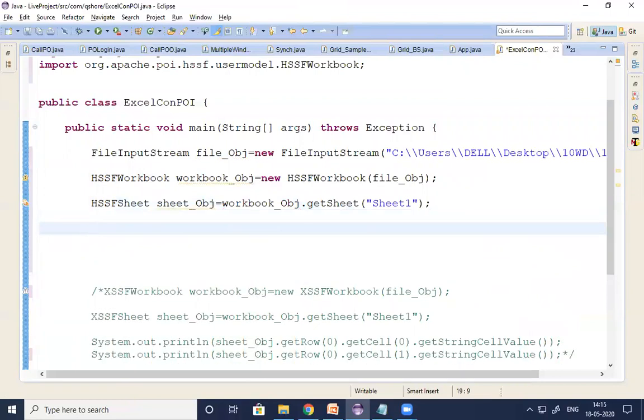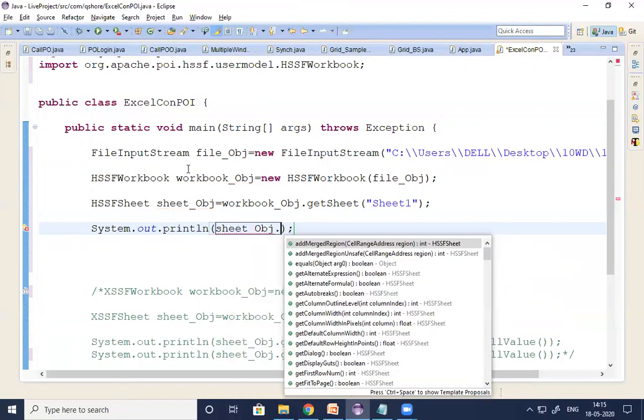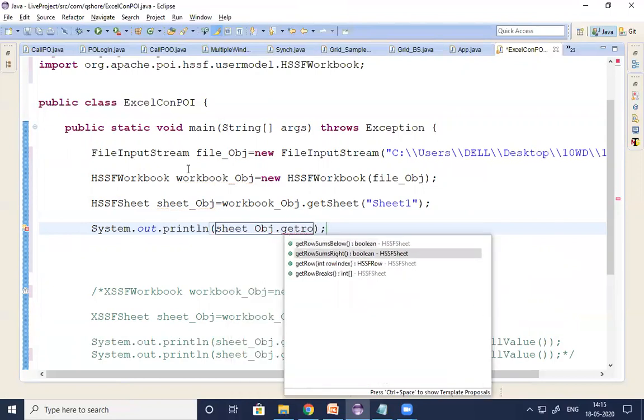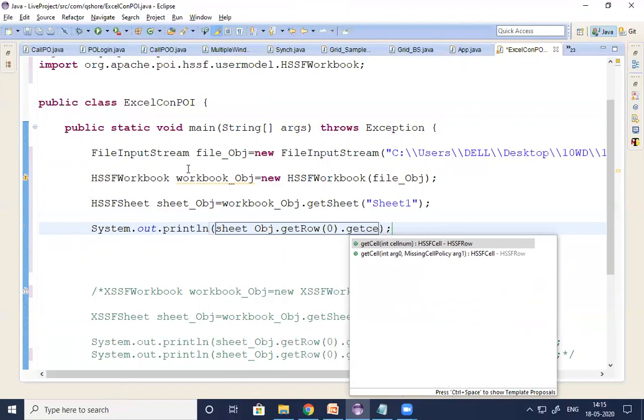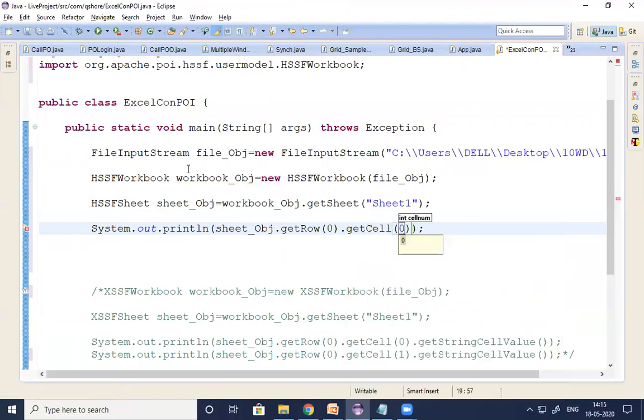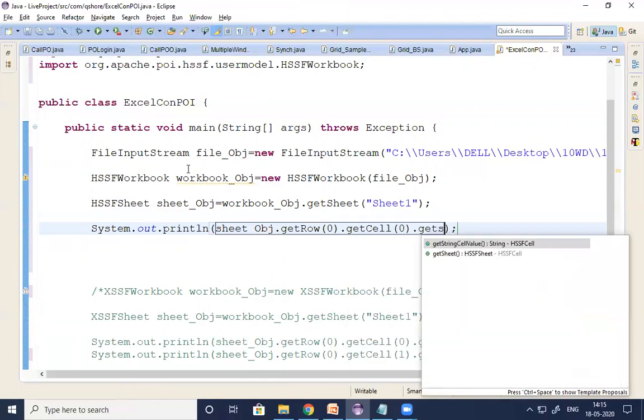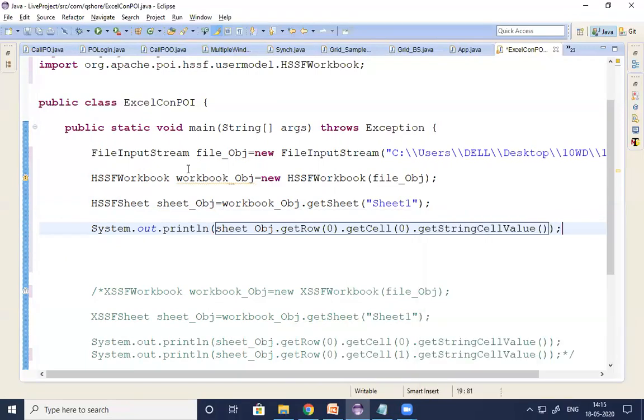So what next? Same, I would like to read the data. How to read the data? Sheet object dot get row of 0, first row, dot get cell of 0, first column, dot get string cell value. Understand everyone?